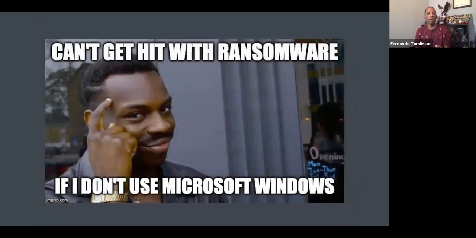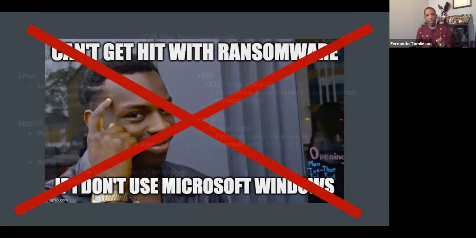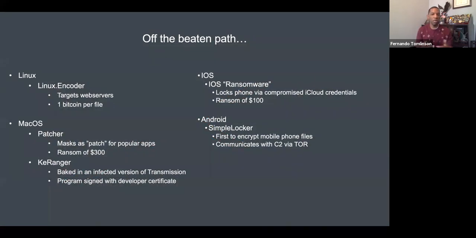Now, thus far, we've been really talking about it from a Windows perspective. So you're like, man, I use Mac. I'm a Mac fanboy, and that's okay. I'm actually on a Mac right now, so stay strong. But it isn't just a Windows problem, right? We're incorrect in that. So here are some other quick examples of ransomware for other platforms.